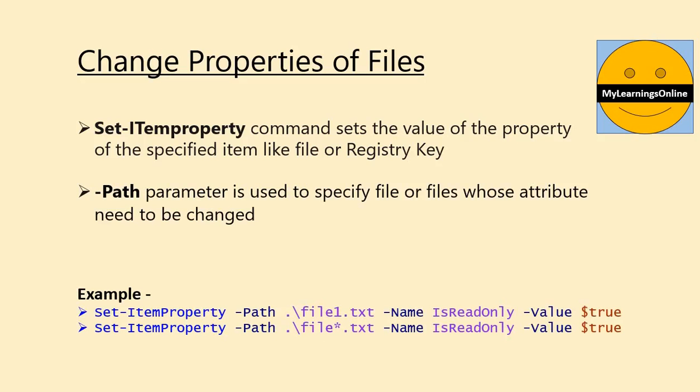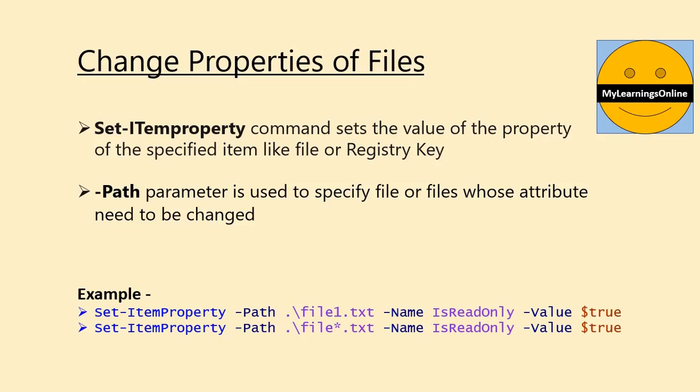The Path parameter is used to specify the file whose attributes need to be changed. This parameter supports the use of wildcards as well. In this example, in the first command, we are trying to set the property of file1.txt specified under the Path parameter. In the second command, we are trying to set properties of all text files which have file in their name specified